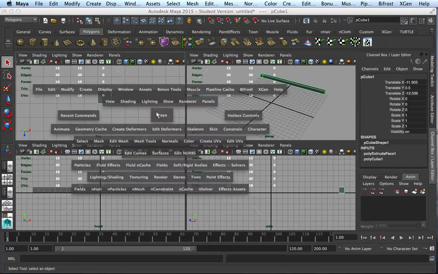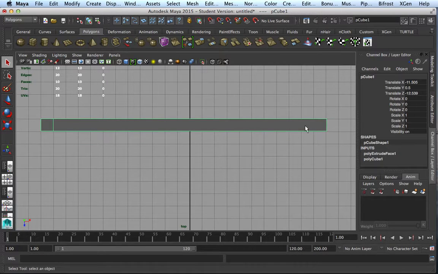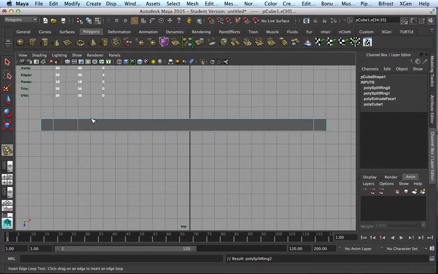Next, I went back to my top view, and this is the part that I find that using the insert edge loop works best, so that I can cut the portion according to the grid that I have. So I went to Mesh, Insert Edge Loop tool, and click right there to cut an edge loop over here. And at this point, you can go ahead and cut more edge loops. So let's say you want 2 units between each wall of the maze. You can go ahead and skip 2, skip 2,